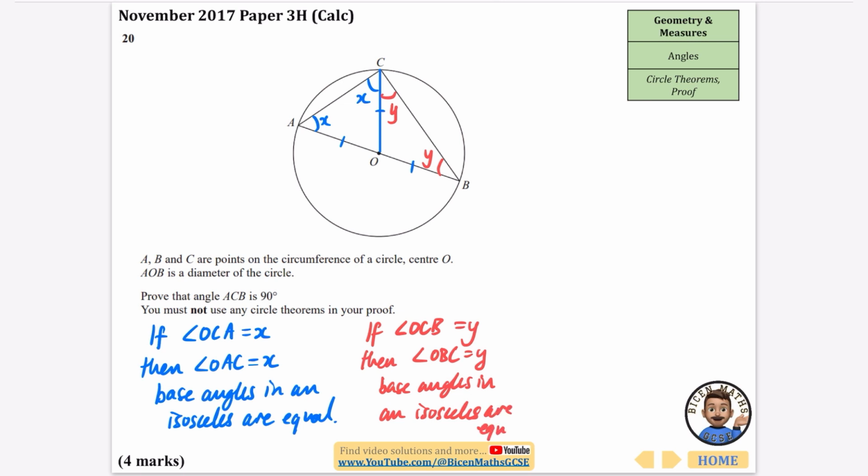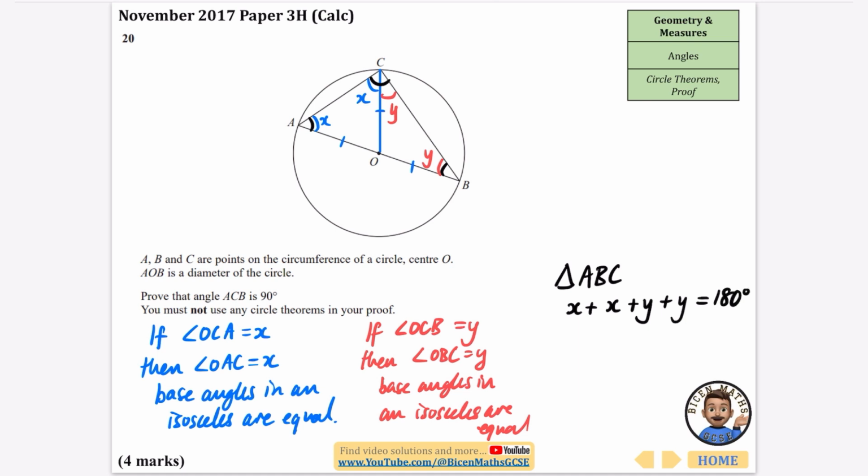And now I'm going to finish up by having a look at this whole shape that we've got. I'm going to look at triangle ABC. So if I look at triangle ABC, I'm going to look at this angle, and this angle, and see what we get. So I get that this angle here is x plus y because there's those two together. So x plus y, and then my last angle is y, and that is equal to 180 degrees because it's